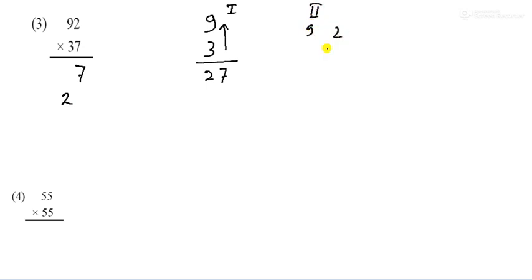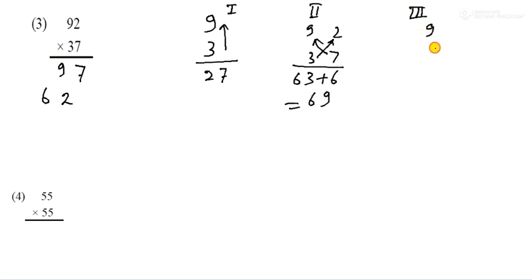here is 9 and 3. That is the first step. So multiply vertically upward. So 9 3s are 27. So you can write here 7 and carry it out, that is the 2. And the second step, so it is 9 2 3 7. So multiply this one, it is 63, and 3 2s are 6 plus 6. So it becomes 6 and 9. So here is 9 and 6 is carried out.